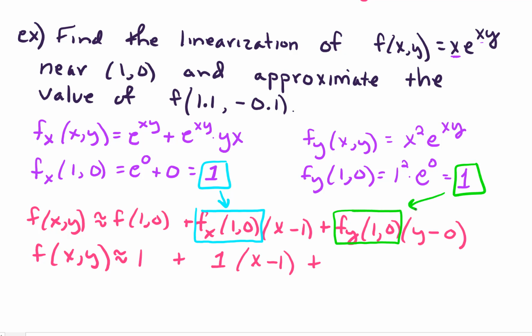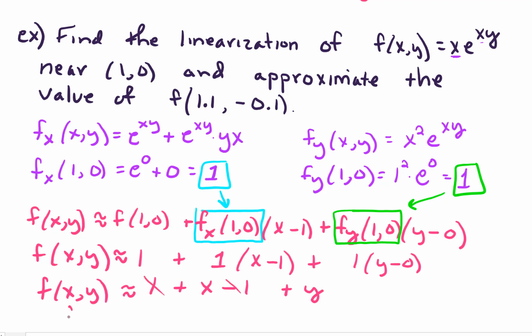We already computed that result, which was 1. So cleaning this up, we say that f of x, y is approximately 1 plus x minus 1 plus y. And we get some things that cancel, so final result,